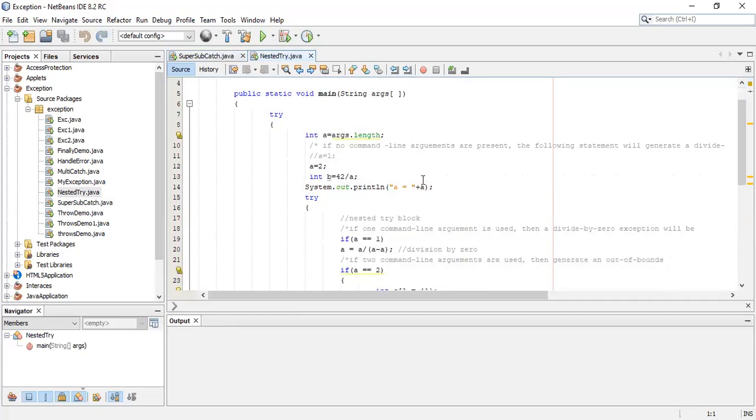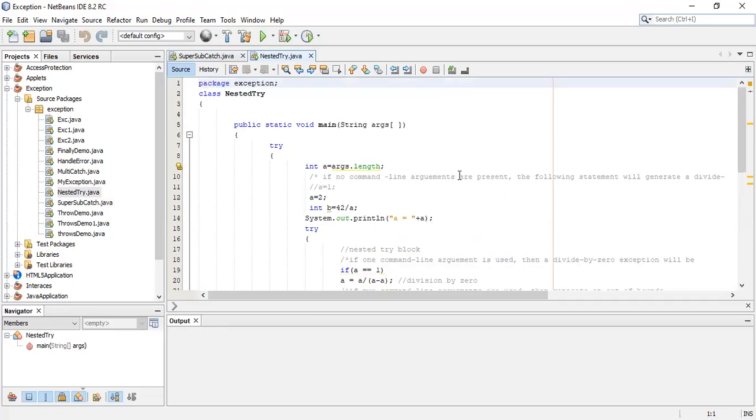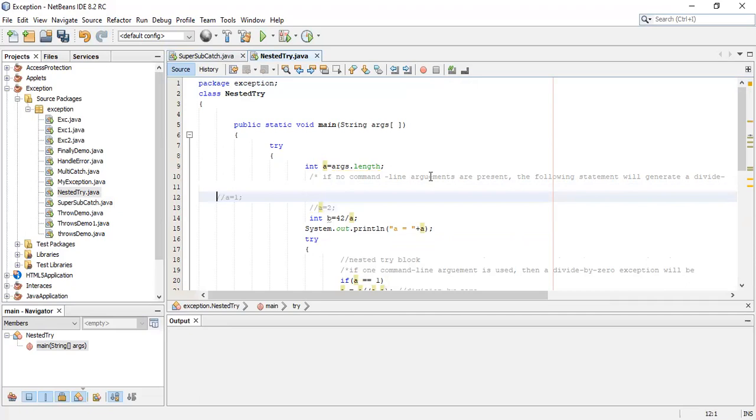So in NetBeans, what we have to do is assume a value. 1, 2, and 0. Okay. Now let me consider a value as, just assuming, a is equals to 0.